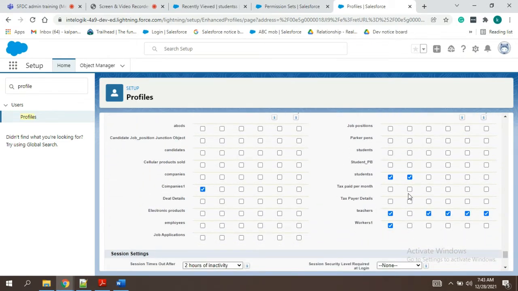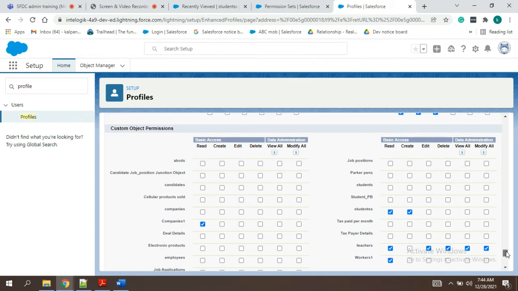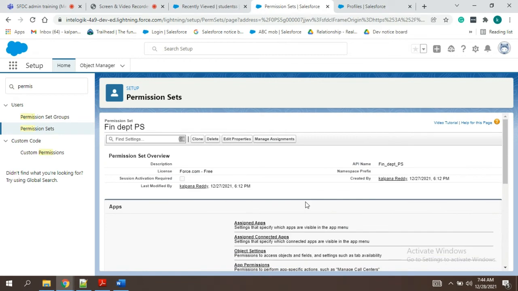In the profiles we have just given the student object read and create permissions. Now we will give some more additional permissions, edit and delete also, so that we are going to add it in the permission set.